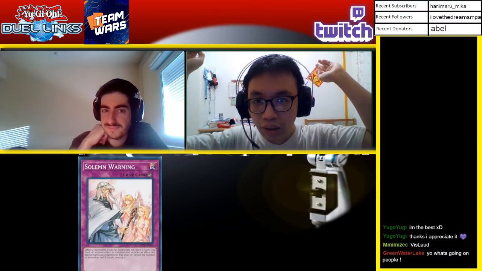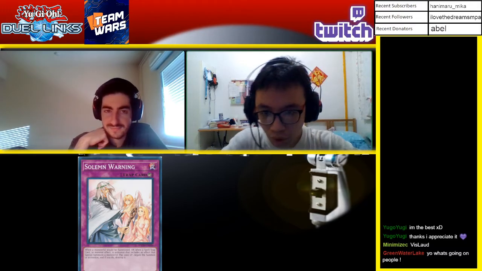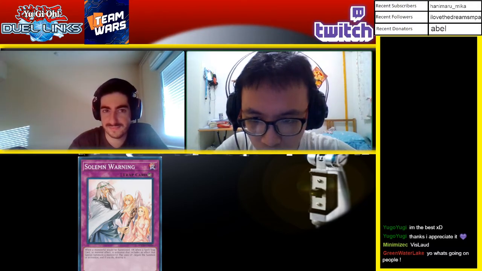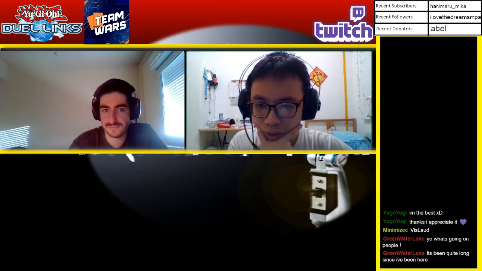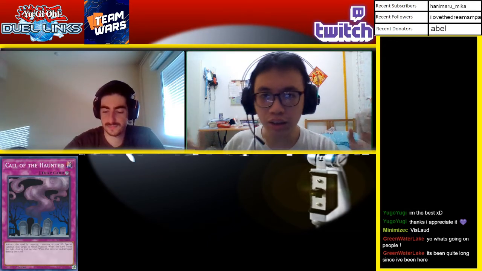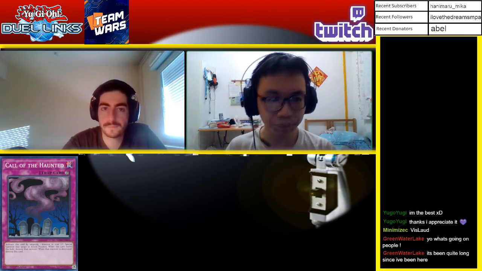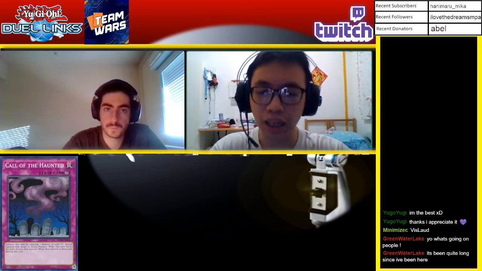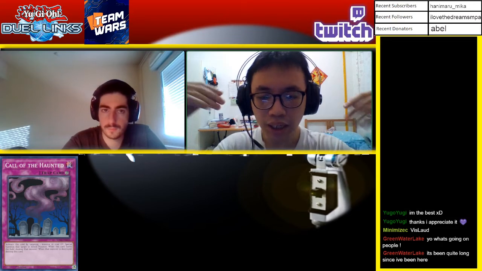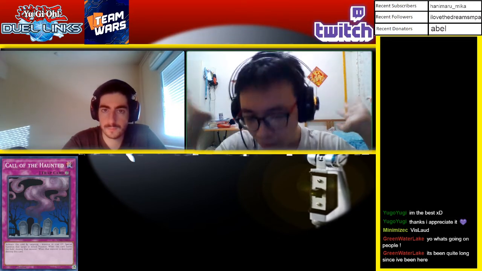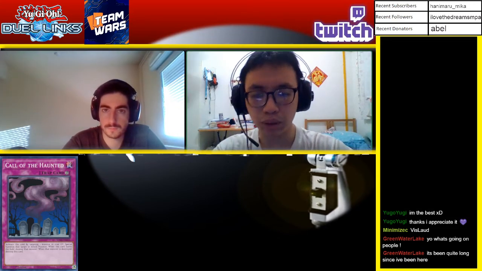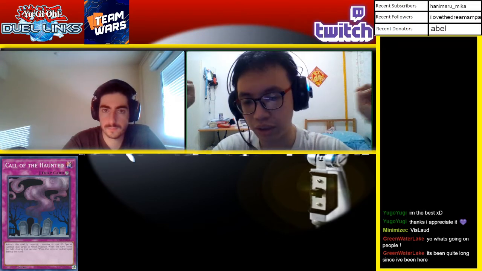Alright, so down with Solemn Warning, we have one more on our list. Okay, this one should be quite familiar to most of them. Call of the Haunted. Okay, it's a very simple trap card. Activate by targeting one monster in your graveyard and special summon that target in attack position. When this card is destroyed, destroy that monster. When that monster is destroyed, destroy this card. Okay, this is one of the meta cards in the